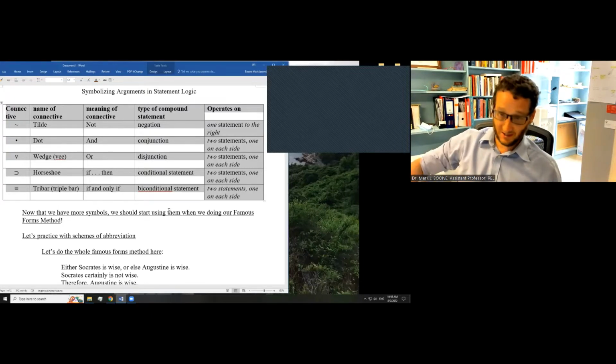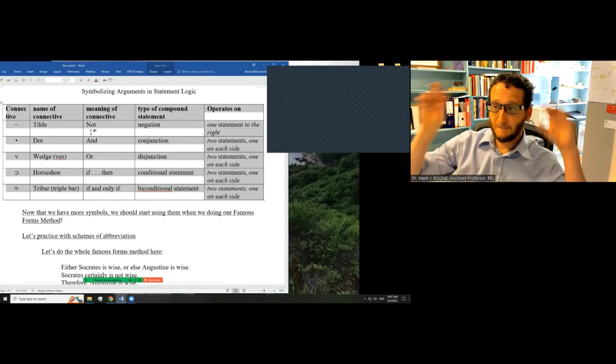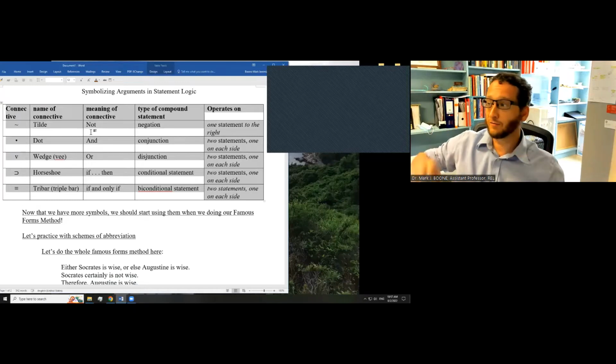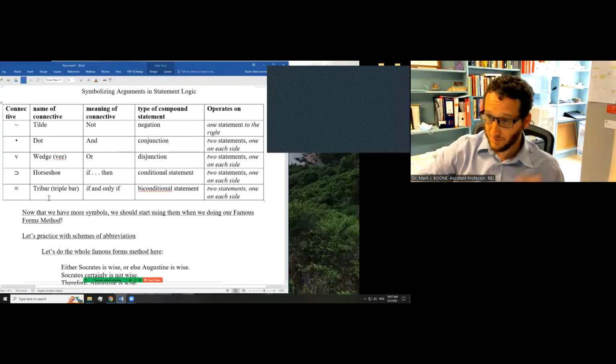In compound statements such as these, negation, conjunction, disjunction, conditional statement, and biconditional statement, statements such as these can be symbolized, but you have a more complete symbolization system when instead of writing out not A for it is not the case that sentence A is true, you can just write out tilde A, or you can write A dot B for sentence A and sentence B are both true rather than A and B. And instead of writing if A then B, you can write A horseshoe B, which means the same thing,